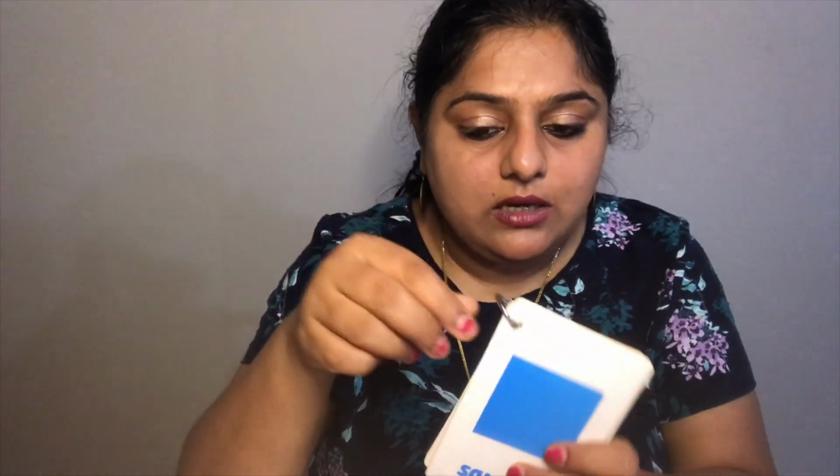Once I started doing this, I extended the idea to my other $1 flashcards, because flashcards without rings are fine, but with rings they are very costly. The same thing becomes a lot costlier, like $10, $20 for just one set. So this is your $1 or $2 flashcard with the ring, solving the purpose. I then shifted all my flashcards to rings, because it's handy for us to tell them,